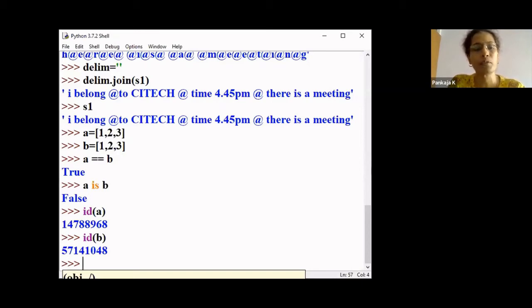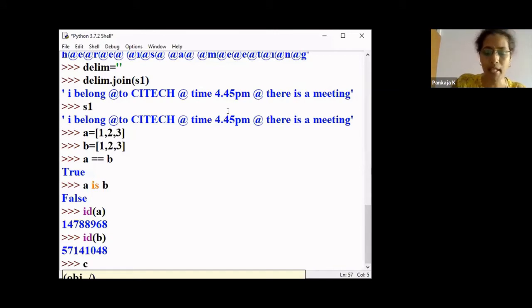We have seen the proof: when you say ID of A and ID of B, you see two different addresses. So even though the contents are the same, they refer to different objects. The is expression in Python evaluates to true if two variables point to the same object.